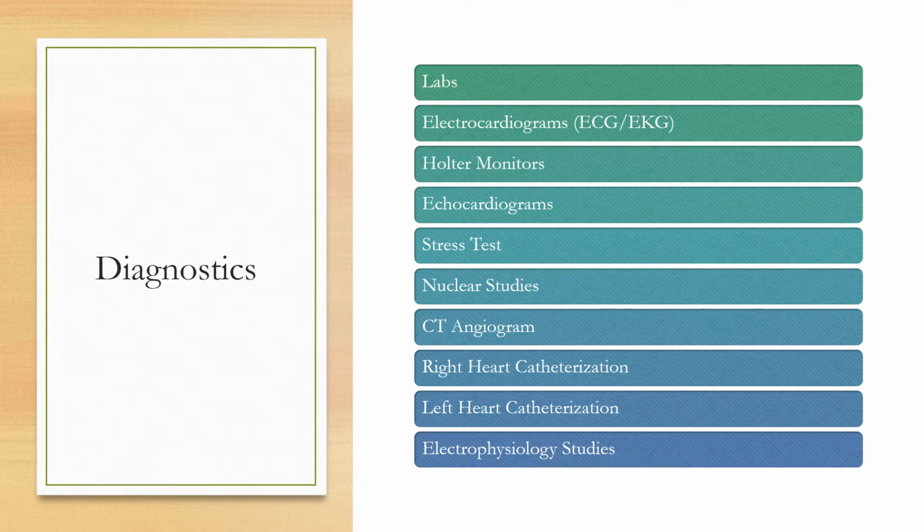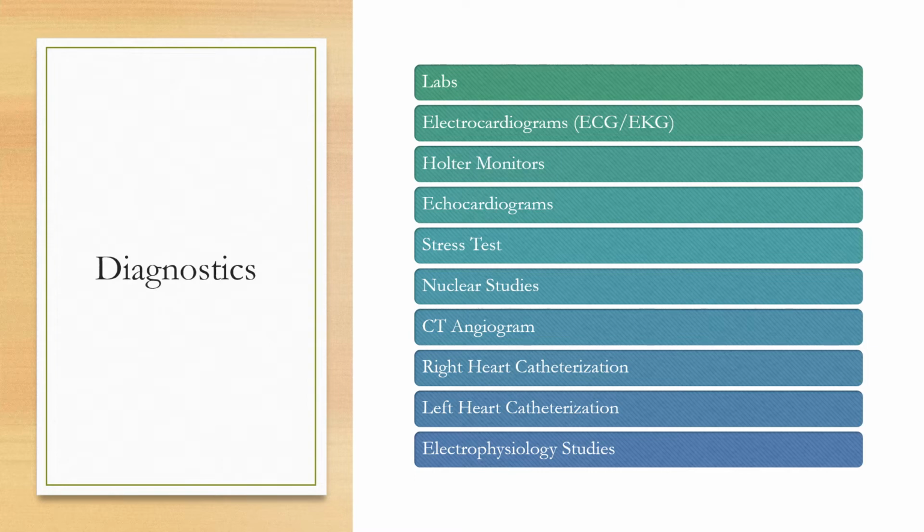So we're going to end up going through many of these, right? Some laboratory tests for the heart, electrocardiogram. There's going to be much more of that in the next module, but we'll talk a bit about it here. What's a Holter monitor? We'll go through that. Echocardiograms we've spoken briefly about. It's like an ultrasound of the heart, whether it's a transthoracic echo or a transesophageal echocardiogram. A stress test, where we put someone on a treadmill and get their heart rate really fast. That's an exercise stress test. Or we can do